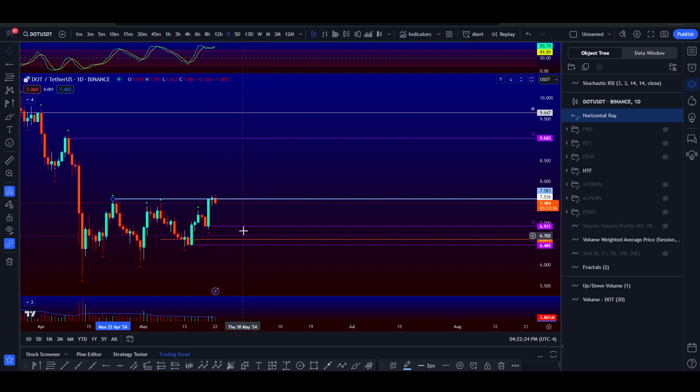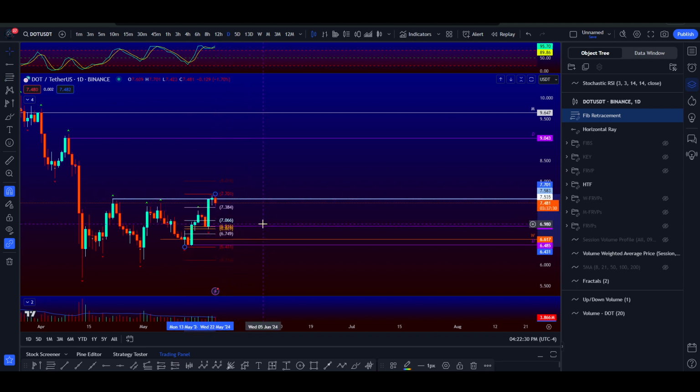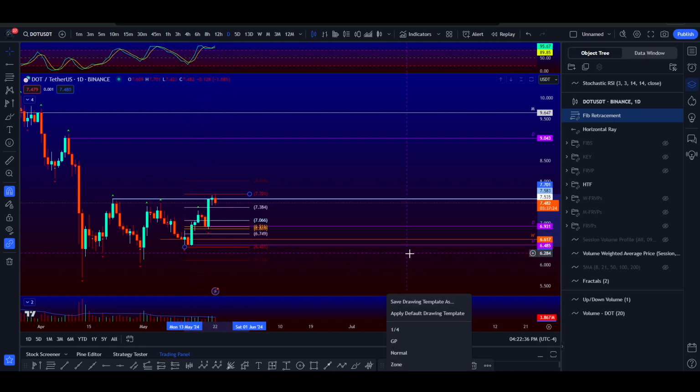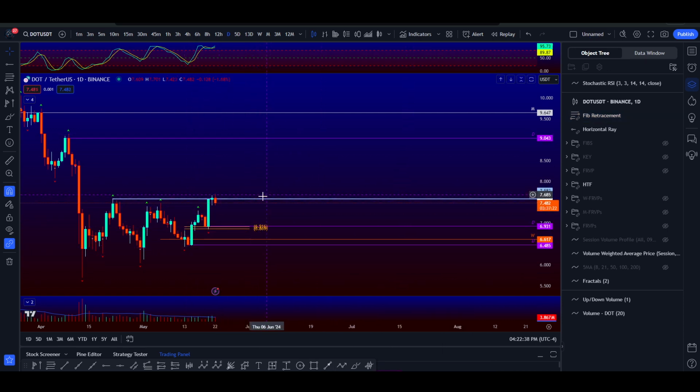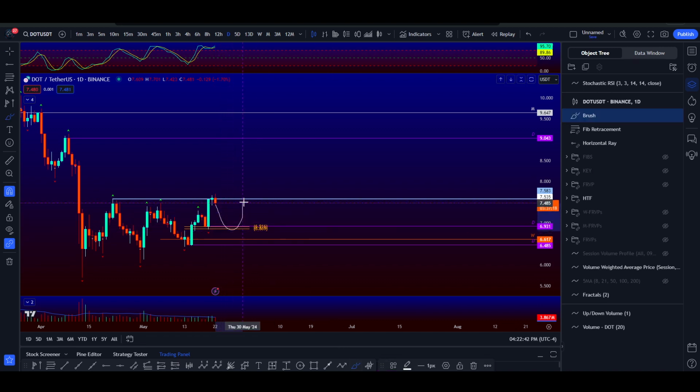So with that being said, we have an untapped daily level below, which we can see if it does line up with any fib levels. And it looks like it does, right? It looks like it lines up right with that golden pocket. Just like that. So that would be an interesting area to enter a long trade, to take it back up,